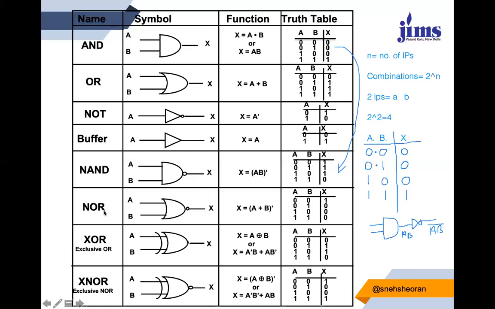Similarly, you have your NOR gate. NOR gate is also a combination of two gates. It is OR plus NOT gate. So you can see the symbol of OR gate, then with the small bubble, this bubble represents your negation. So this is the logic symbol of NOR gate. The function of a NOR gate is A plus B whole bar, right? You can see the OR gate table again. This OR gate table gets complemented and is converted into a NOR gate. So you had 0, 1, 1, 1, and now you have 1 followed by all zeros.